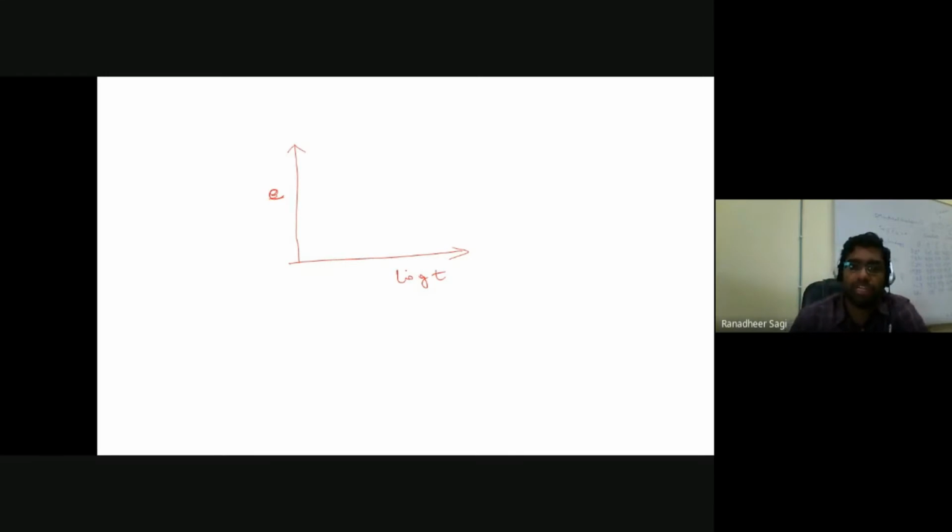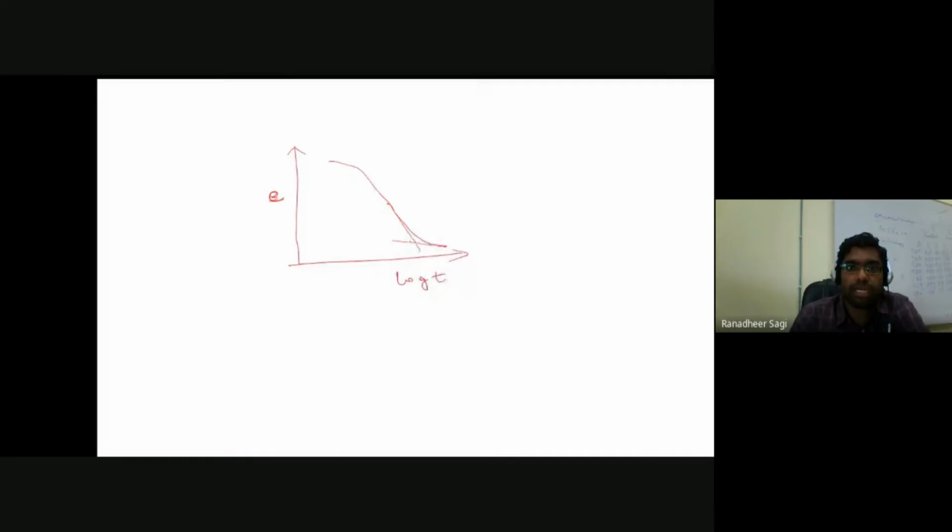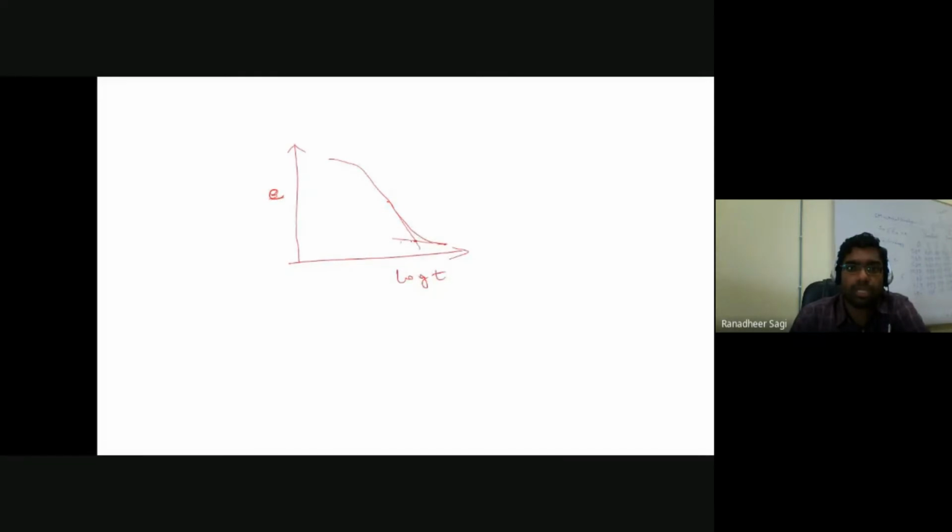So if I am going to be looking at that particular portion of the curve, let's say that part of the curve is what I am getting something like this. So wherever the curvature of the curve is getting changed, if I am just trying to draw a tangent to this portion, and from the back end of this curve, if I am just trying to extend another tangent, wherever these two tangents intersect, we say, okay, that portion corresponds to the end of your primary consolidation.